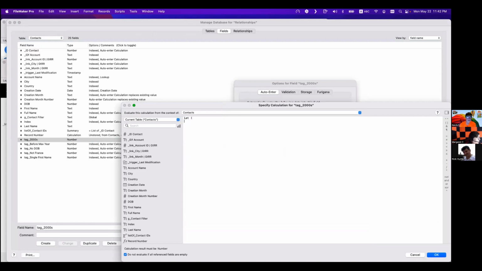I'm doing the right way. My range equals this, okay? Range, we want from 2000 to 2009. That's my range. And the calc, what will the calc say? Pattern count, right? My DOB,